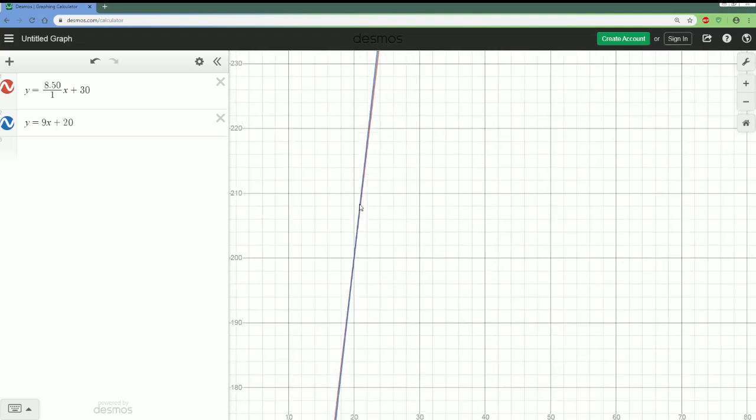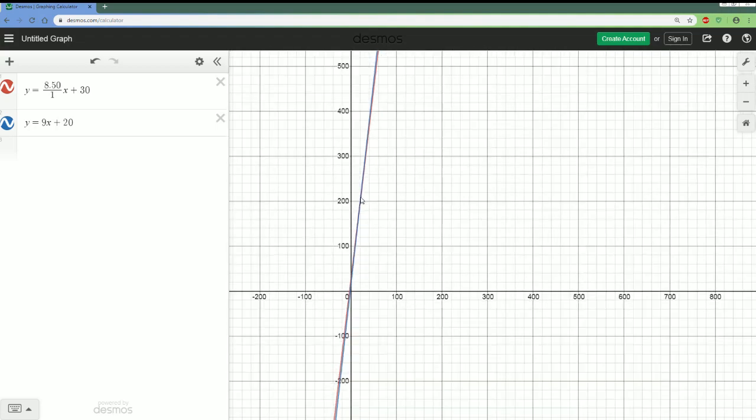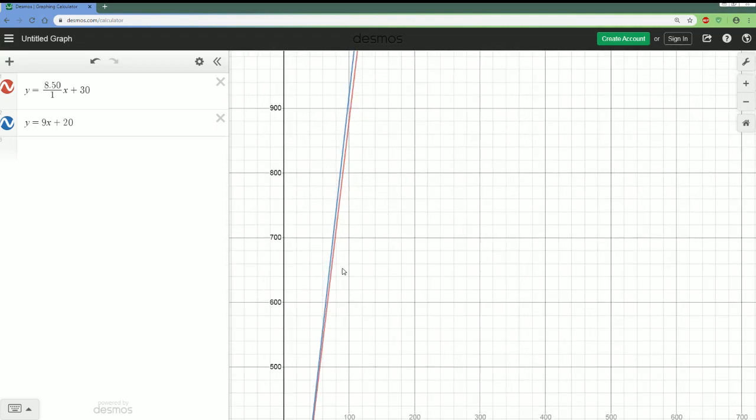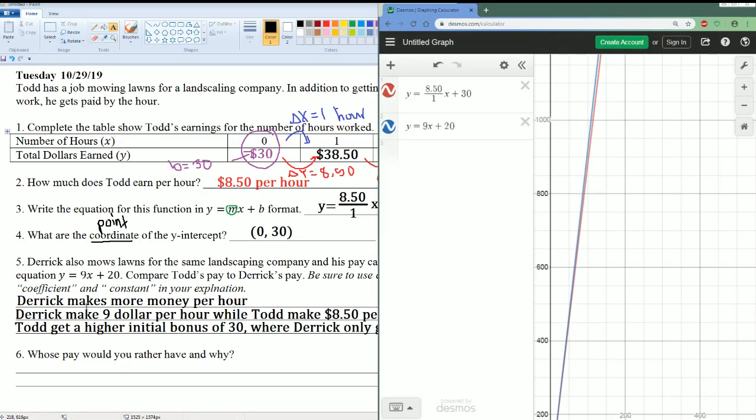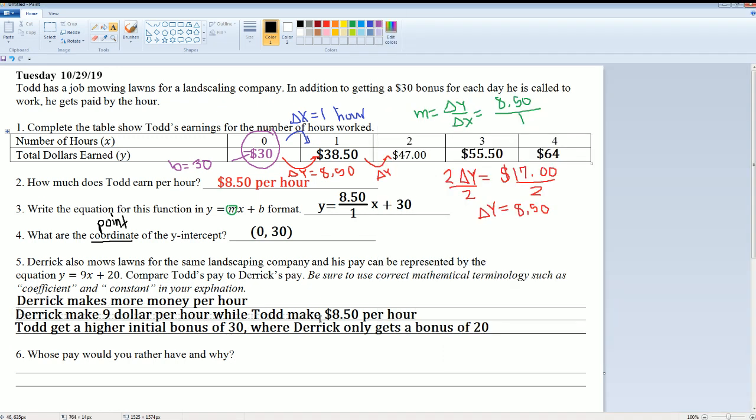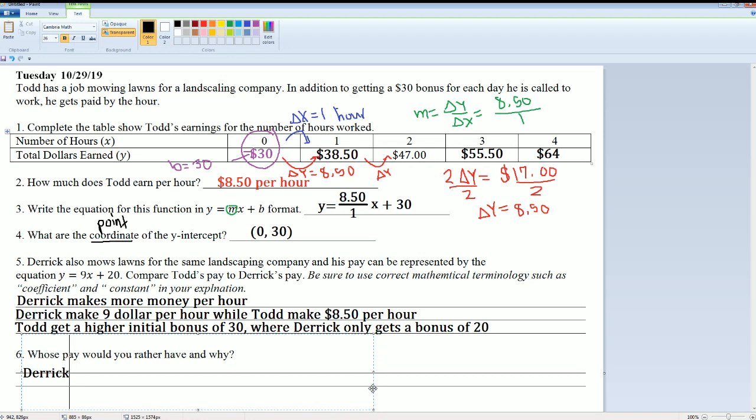It's hard to tell, but you're going to see that it breaks apart, and sooner or later the other line will beat it. Derek makes $9 per hour, so even though he starts off with only $20, sooner or later Derek's going to make more money. So we would say Derek makes more money in the long term